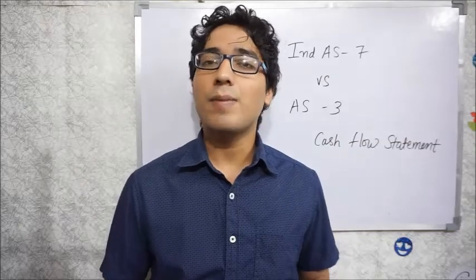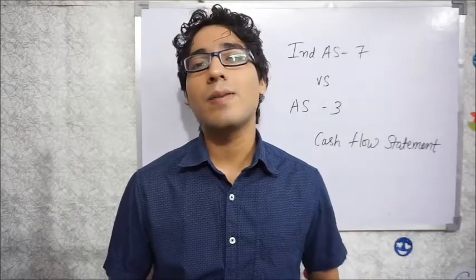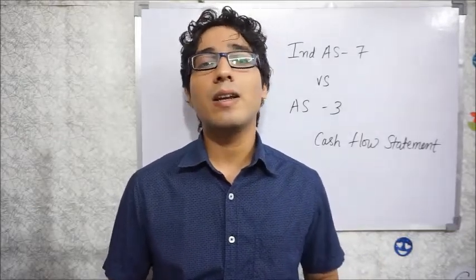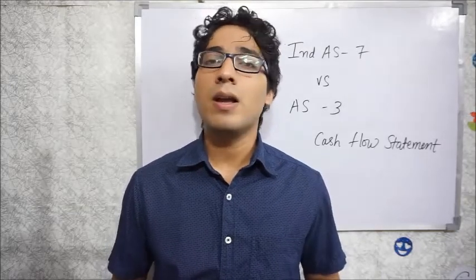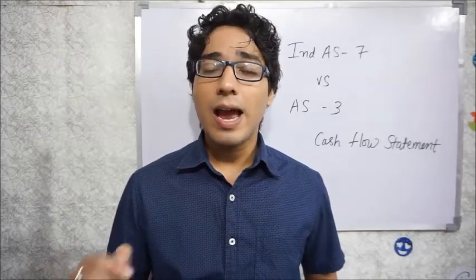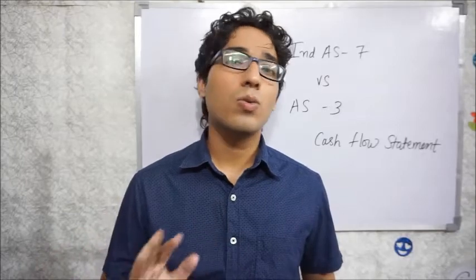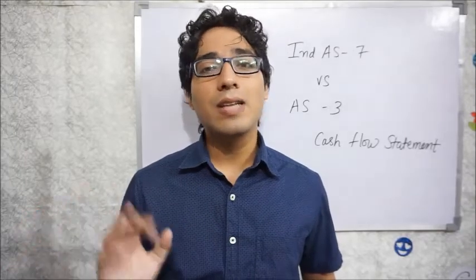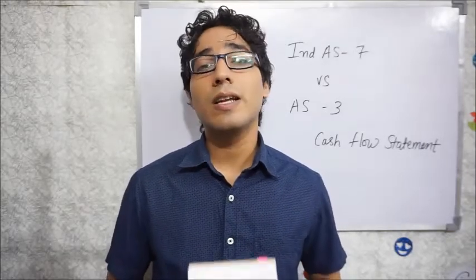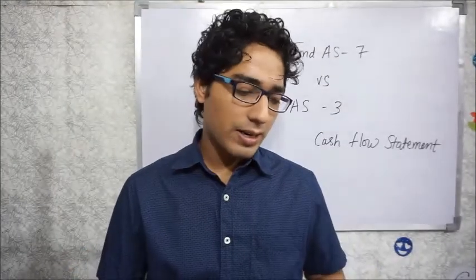So earlier we have discussed Ind AS 1 and also Ind AS 109. This time we will discuss Ind AS 7 versus the existing accounting standard number 3, which is the cash flow statement. We will discuss the differences between the earlier accounting standard 3 and now Ind AS 7, and I will tell you about the differences by reading what is written in this book, which is like the overview of Indian accounting standards